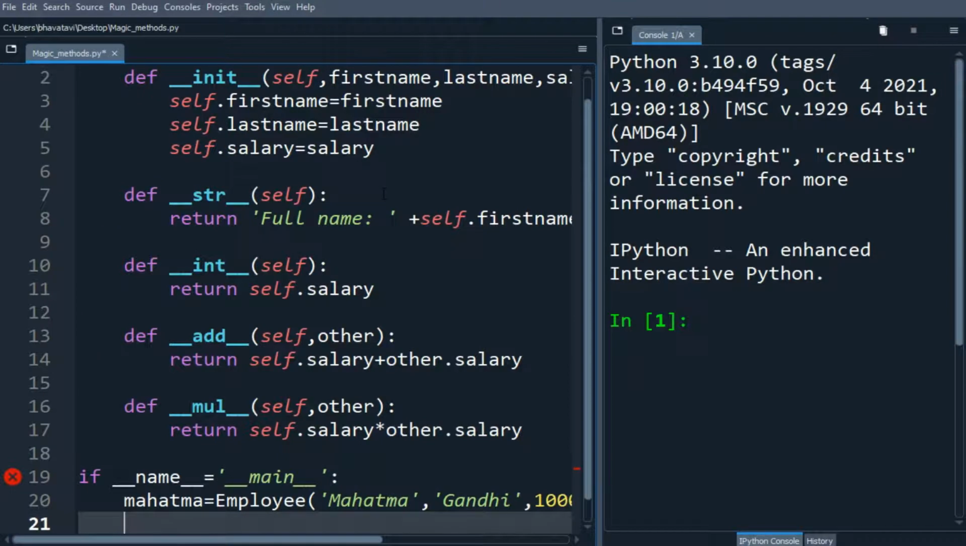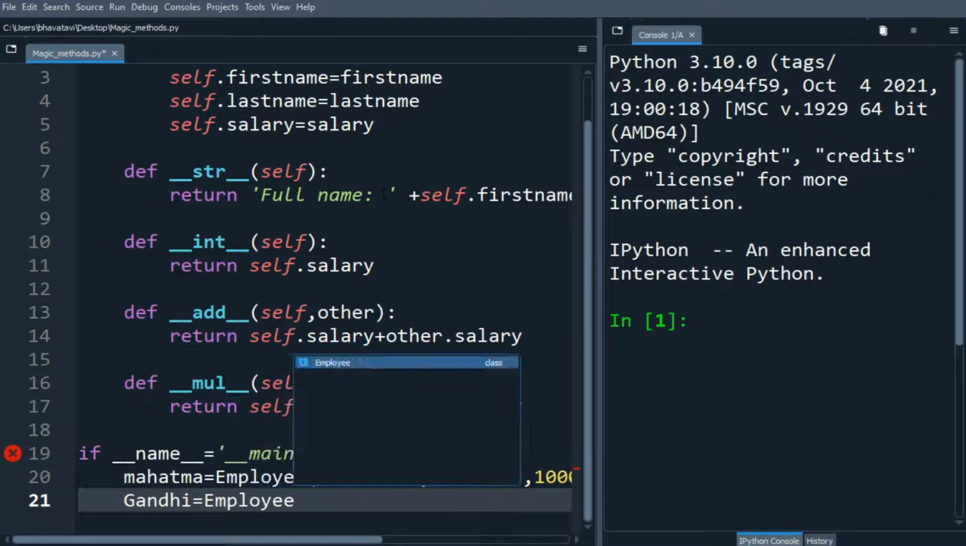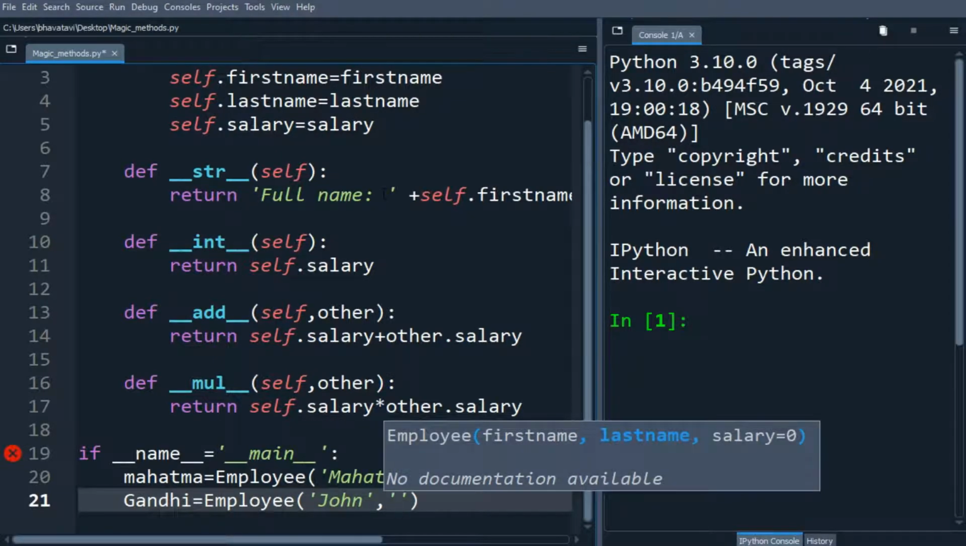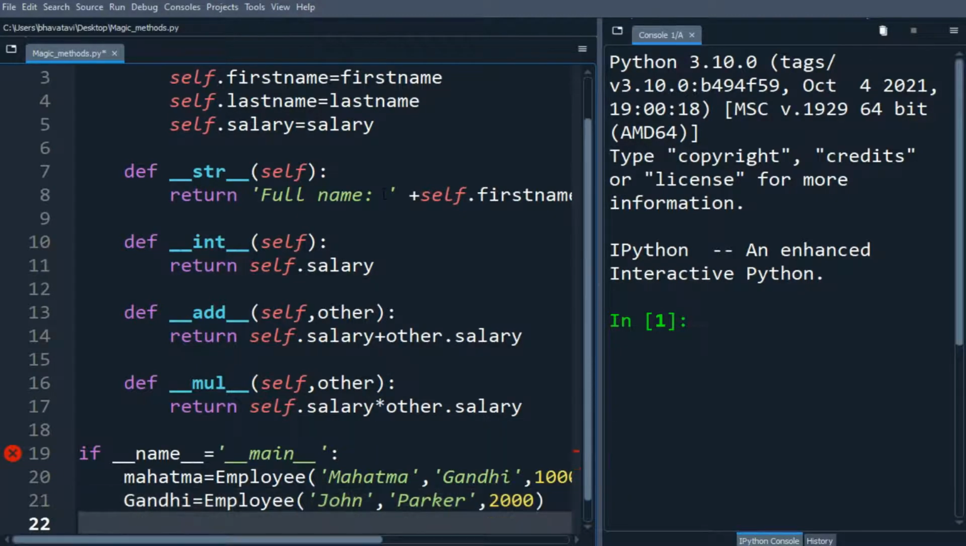Here I am going to put Gandhi equals Employee. Let's put another name. Let's take the name as John, and the last name as Parker, and the salary as 2000. Now let's print here